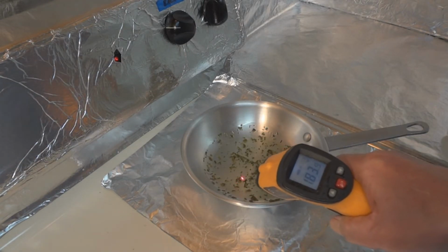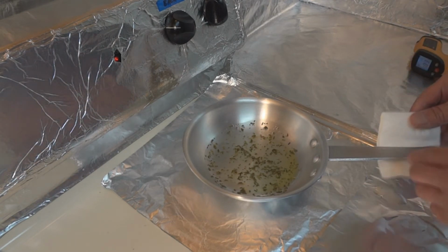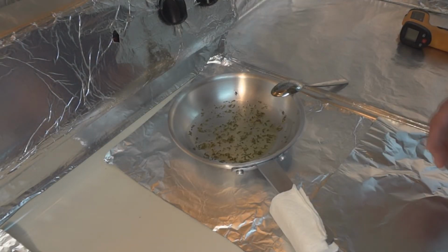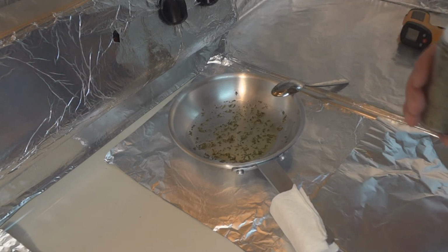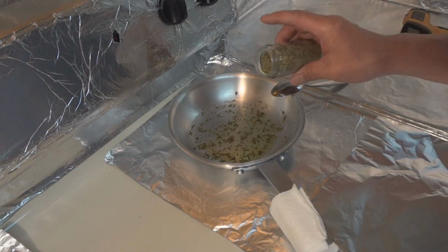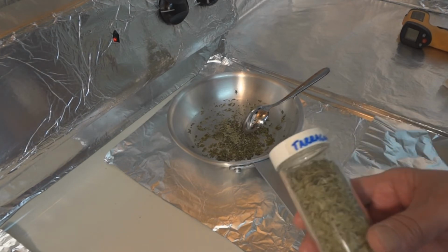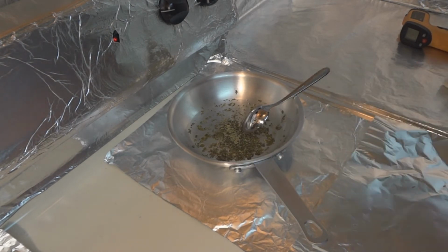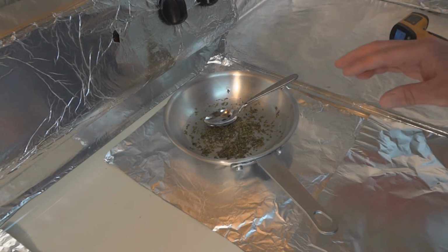We're at like 183 degrees. It probably did sweat the tarragon oil out of there. We cut away, and then I tasted it, and the tarragon flavor, I guess it's because this is dried, it's not as pronounced as what I want. So I'm going to add some more tarragon. And again, I bought this tarragon at Food Max, and this is probably 3/4 of what was in the bag, and it was like $1.50. Yep, 200 degrees. I'm going to let it cool off, and then I'm going to go ahead and start working